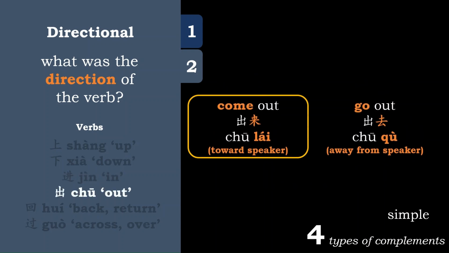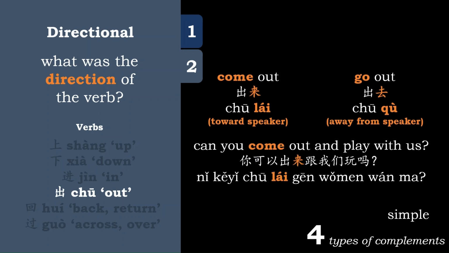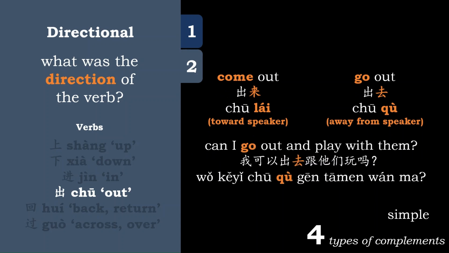Come out, move in an outward direction toward the speaker. Go out, move in an outward direction away from the speaker. Can you come out and play with us? 你可以出来跟我们玩吗? Can I go out and play with them? 我可以出去跟他们玩吗? So notice that even though the child is the speaker, and obviously therefore cannot move toward or away from